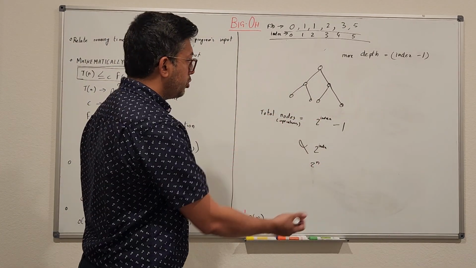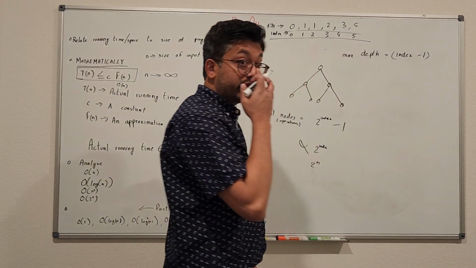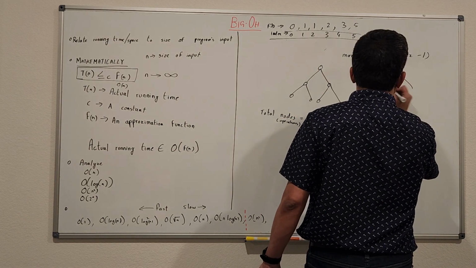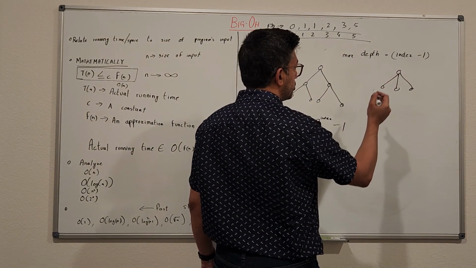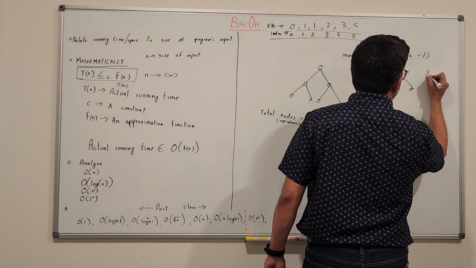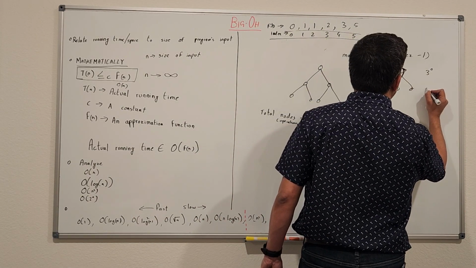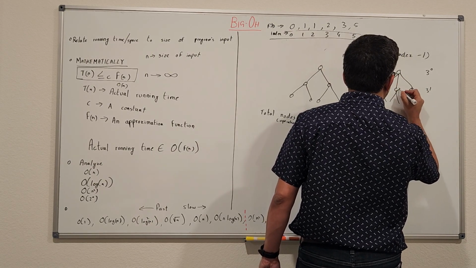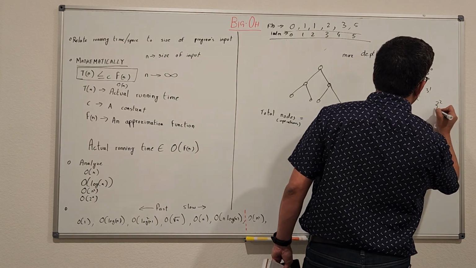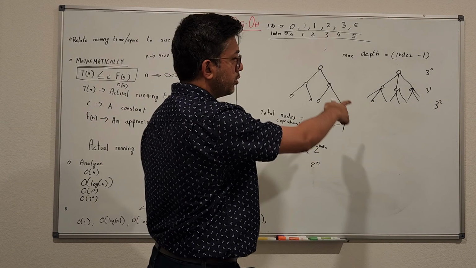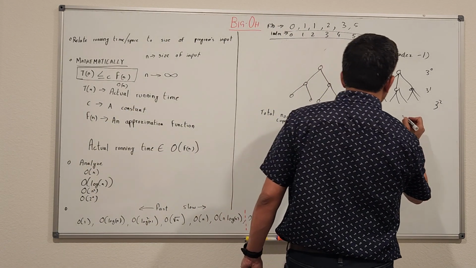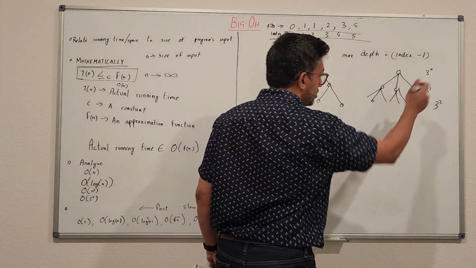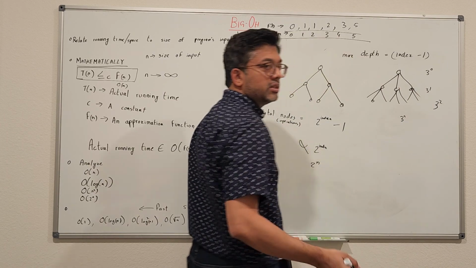And you can extrapolate this. If you have some recursive function that takes 3 paths, instead of 2, you will have total number of nodes 3 raised to 0, here 3 raised to 1, and then again if all of them have 3 kids, 3 raised to 2. You can just follow whatever I did in the previous one and derive it for that also, and this will ultimately come out to 3 raised to n. So basically, for any recursive function, how many branches you have, raised to the size of the input is your